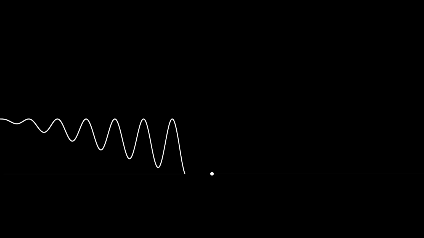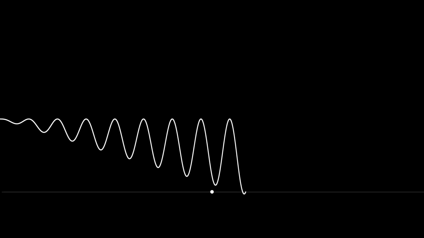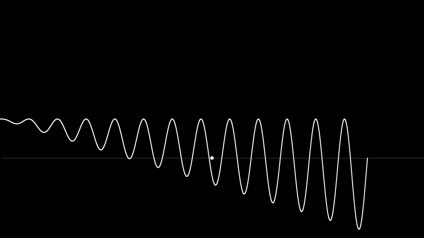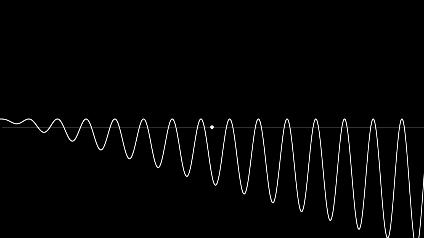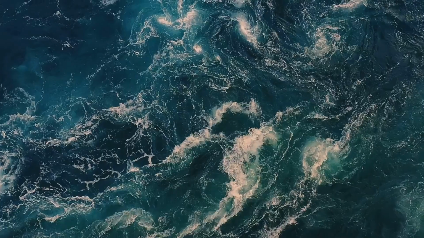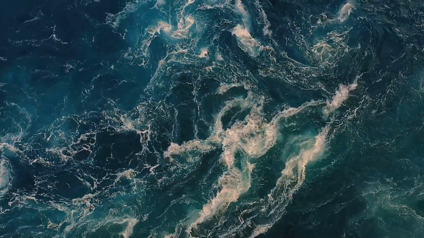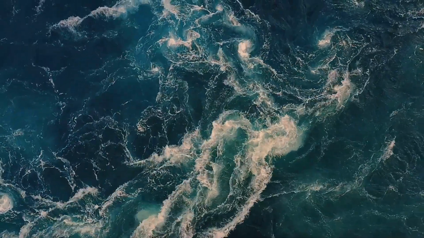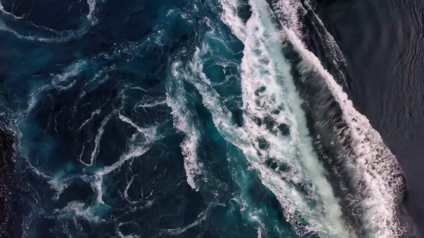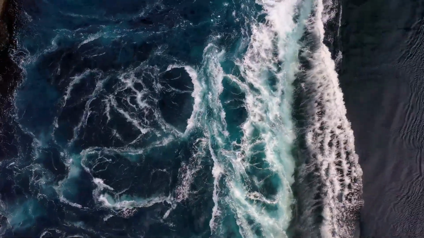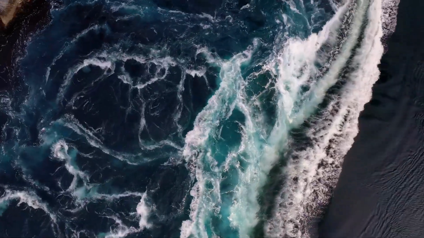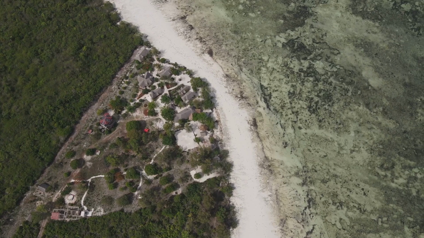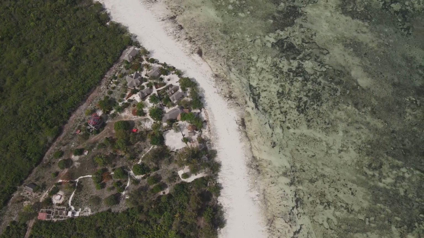The rhythmic ebb and flow of tides are categorized into three main types: diurnal, semi-diurnal, and mixed tides, each with its distinct pattern of high and low tides over a 24-hour period. Diurnal tides are characterized by one high tide and one low tide per day, common in areas like the Gulf of Mexico. Semi-diurnal tides, the most common type, feature two high tides and two low tides of roughly equal height each day. Mixed tides exhibit a more complex pattern, with two high tides and two low tides of varying heights each day.